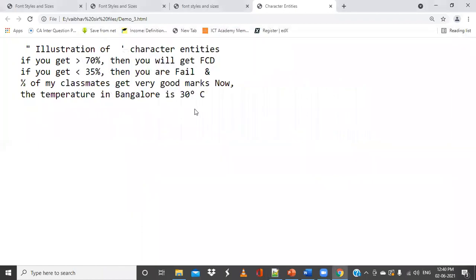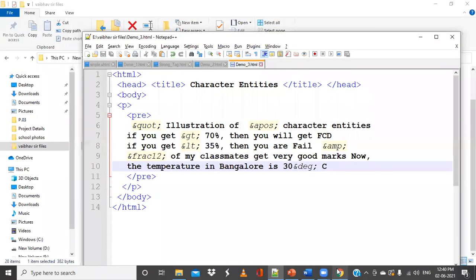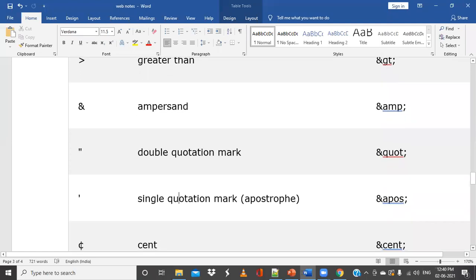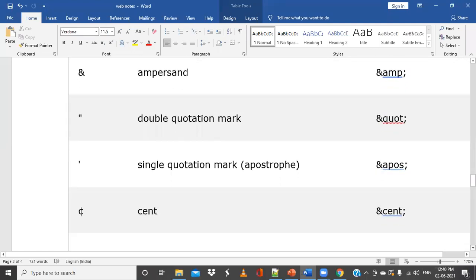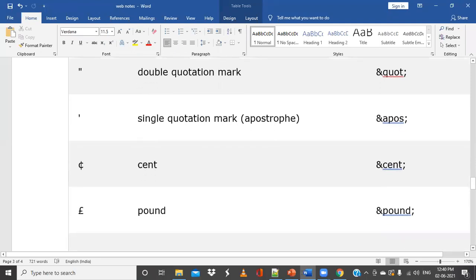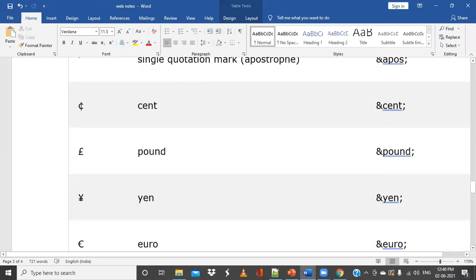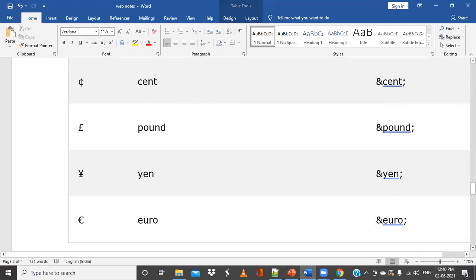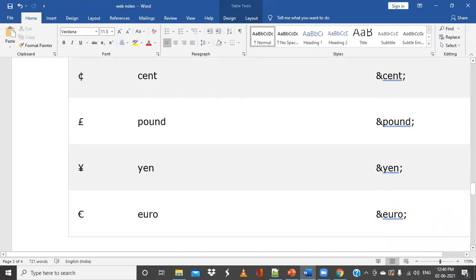So it will appear like this, 30 degrees Celsius and so on. Similar to that, we have a few more, that is single quotation, and we can have the cent, the euro, pound, dollar. For all this, we can use these different entities, and their respective characters will be displayed.